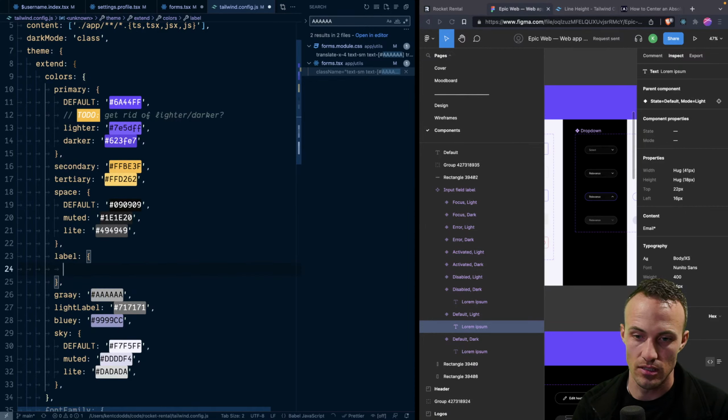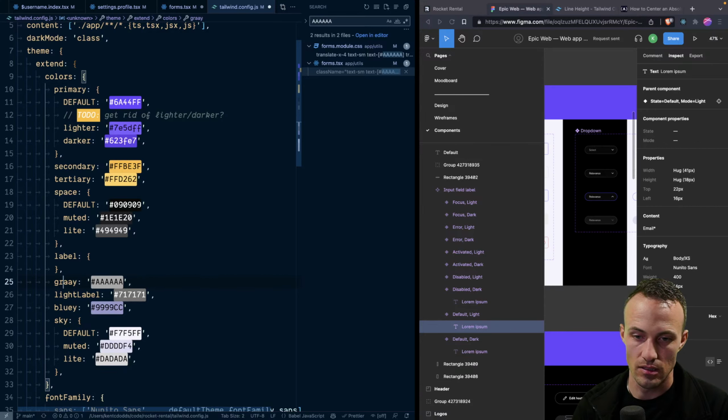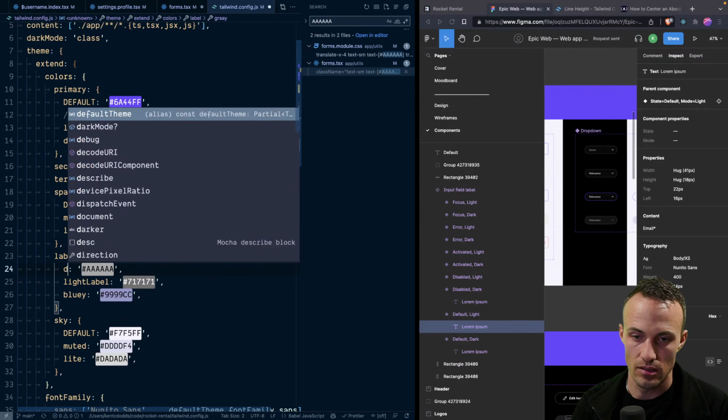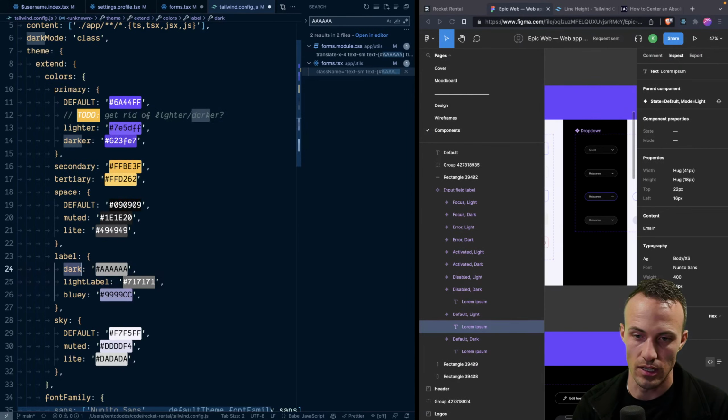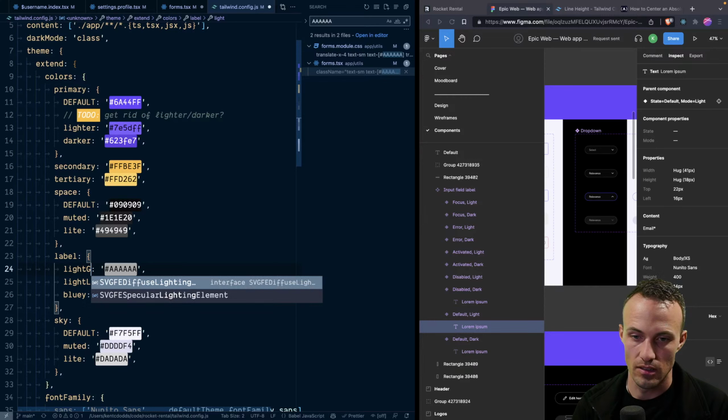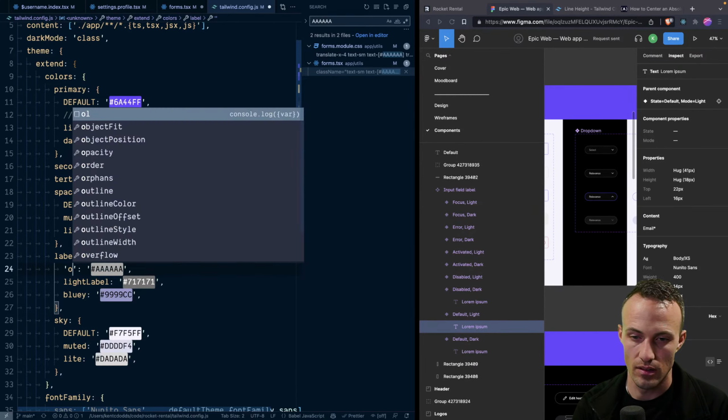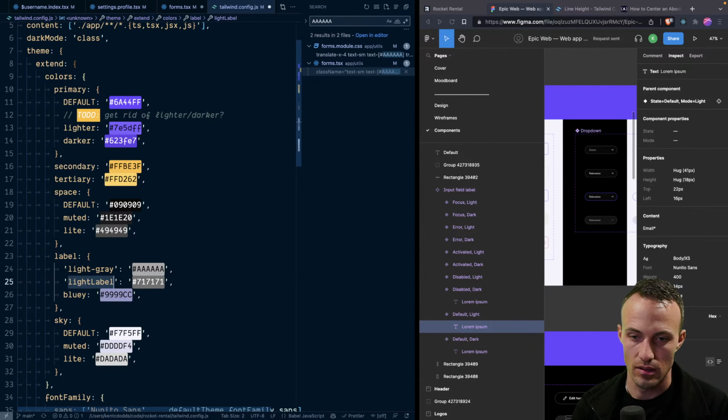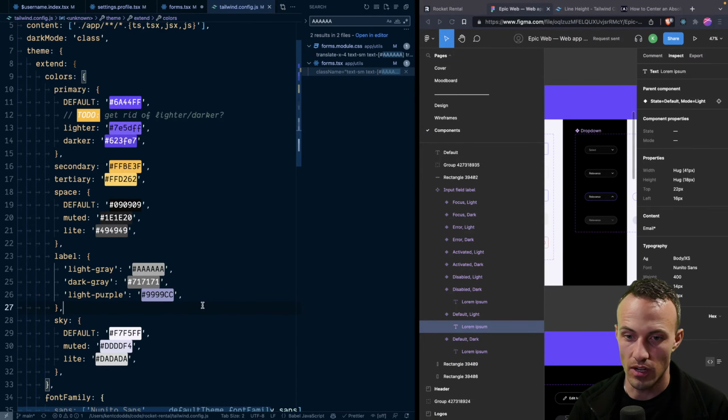Maybe we just do this. Dark. Or actually, this is light. It's more purple than. Okay, that's what we're gonna do. I hate it, but